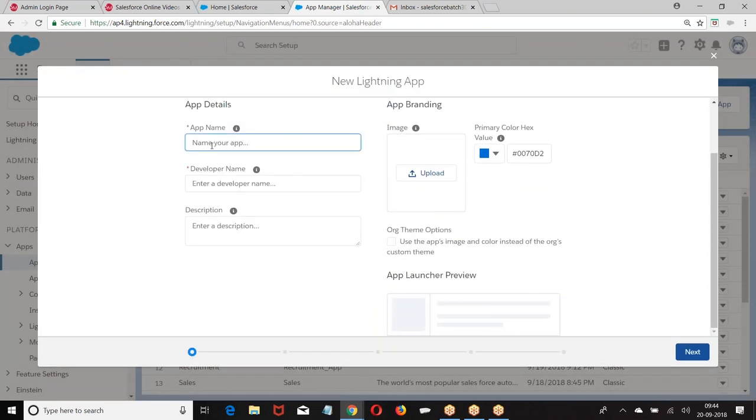Application name, mutual funds. Application name, developer name. There we call app label, app name. Here we are calling application name, developer name.